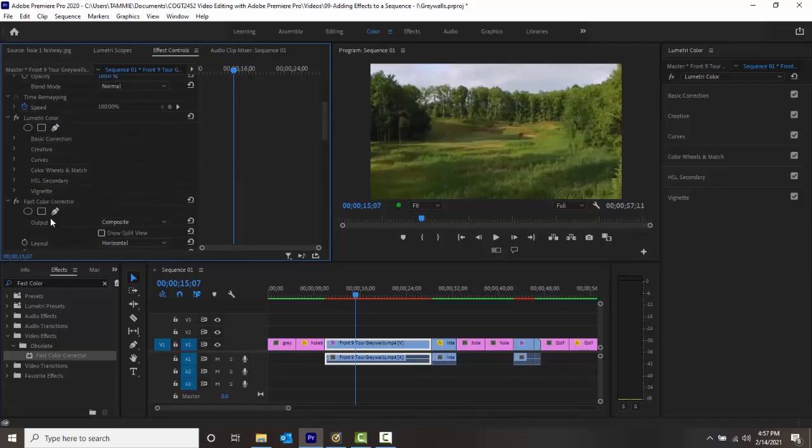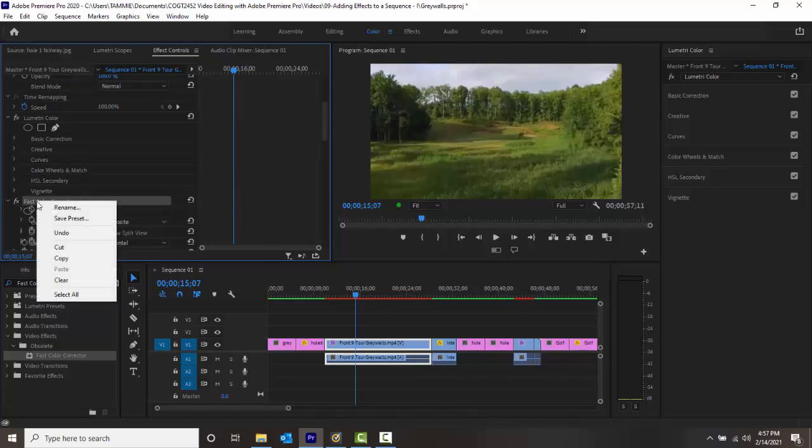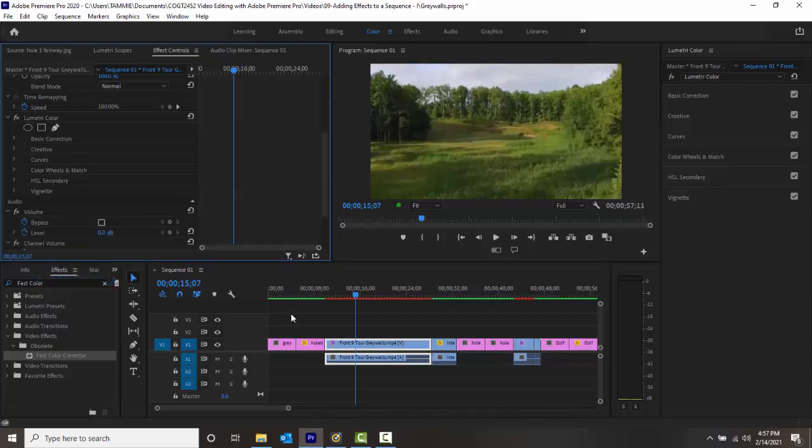And remember, anytime we have an effect, we can turn it on and off, and we can also highlight the effect, right click and say clear, and we delete the effect. So this is our legacy fast color